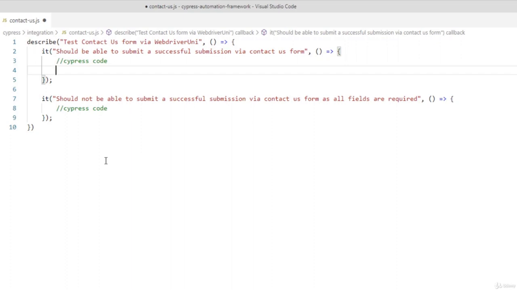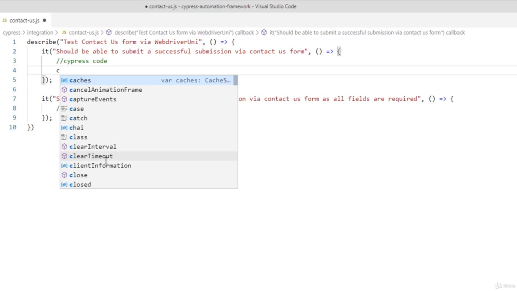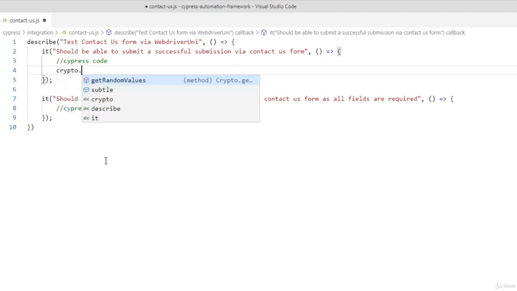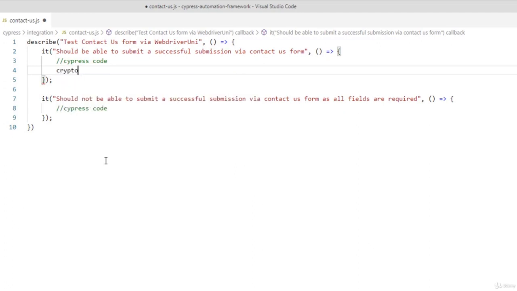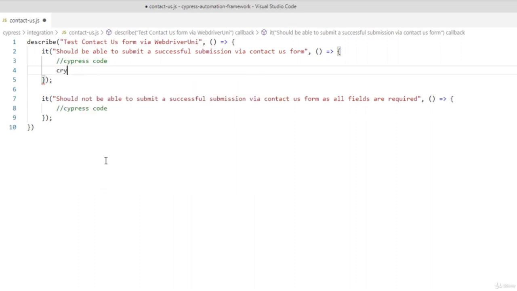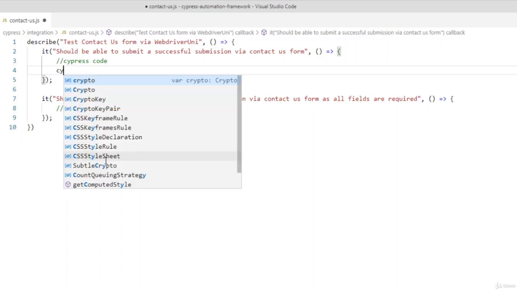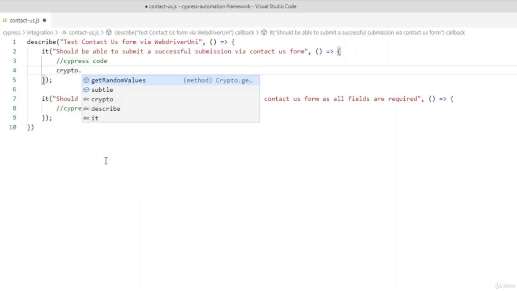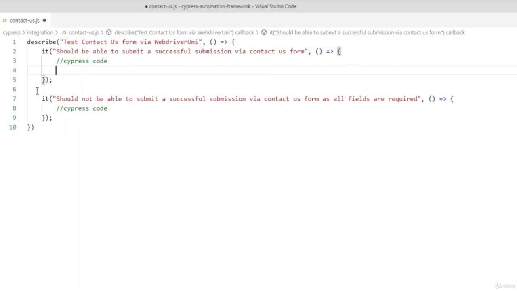So for example, if I type cy and then a dot, we should be presented with a list of Cypress commands. However, as you can see, I'm typing cy and a dot, but for some reason I'm getting crypto. Very strange. So what we need to do is, before we implement any Cypress command within